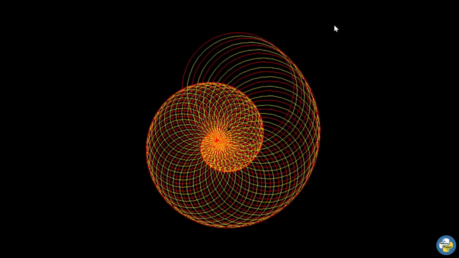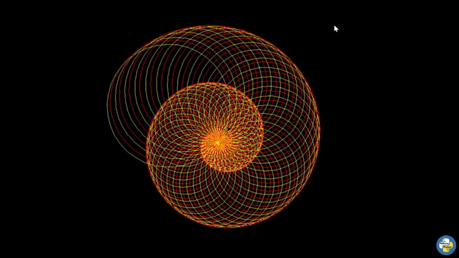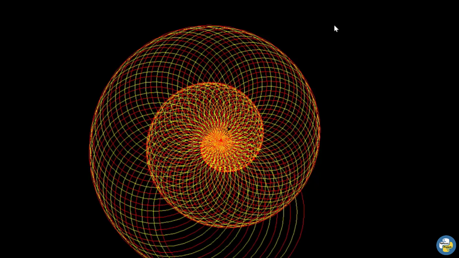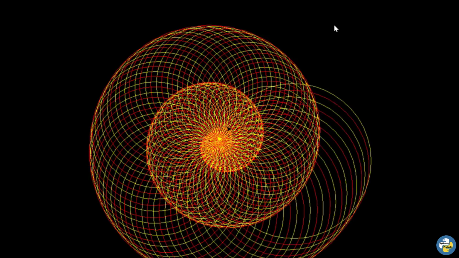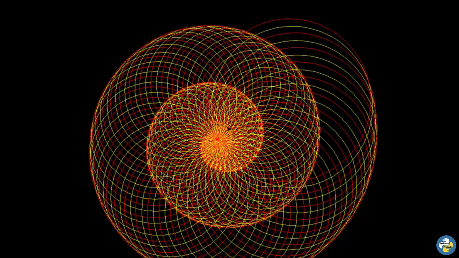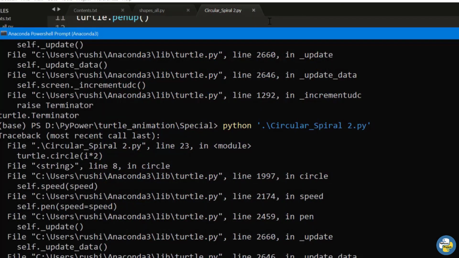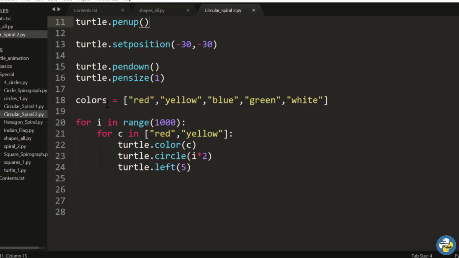You can see here. Great, a very wonderful design is shown. Now you can add the colors list here. So instead of red and yellow, it will iterate over all these colors and print the design.